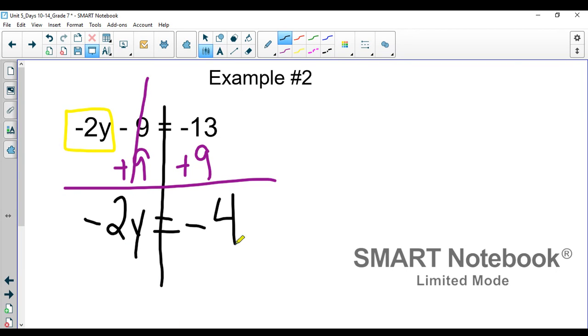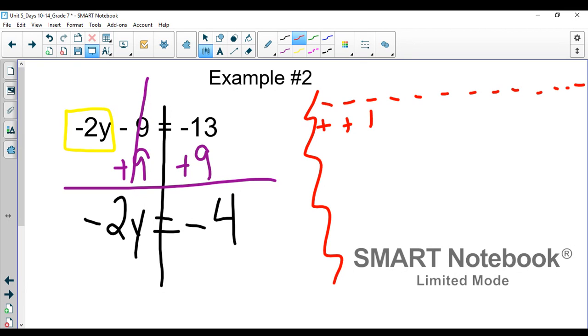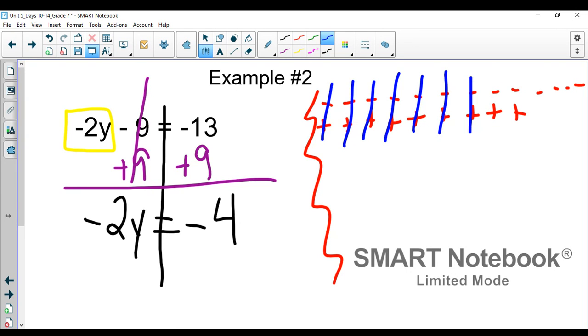If I really needed to do this and did not have a calculator, I could say, okay, I have 13 negatives. 1, 2, 3, 4, 5, 6, 7, 8, 9, 10, 11, 12, 13 negatives, and 9 positives. 1, 2, 3, 4, 5, 6, 7, 8, 9 positives. And I can see that I have 9 zero pairs that cancel each other out, and there are 4 negatives